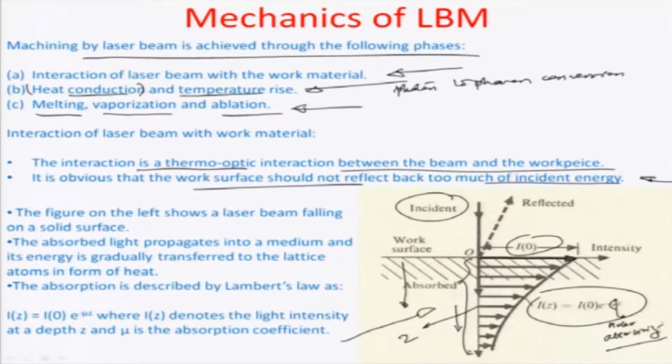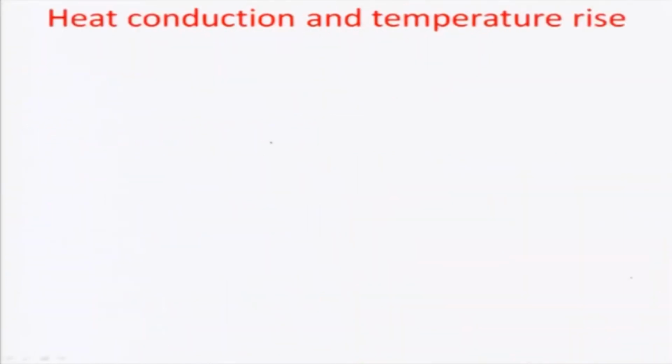And so mu is also known as the absorption coefficient. So, the absorbed energy propagates into the medium, and the energy is gradually transferred to the lattice in form of heat and vibrations, and that is what the Beer-Lambert's law says about absorption and how the energy is dissipated within the medium. Let us look at a heat conduction equation and try to predict the effective temperature rise based on this theory. So, we will